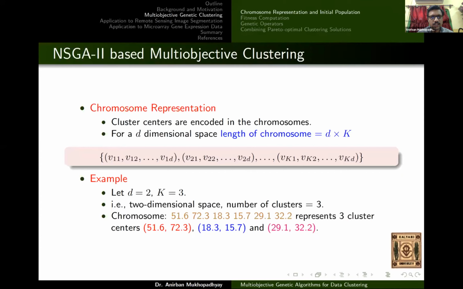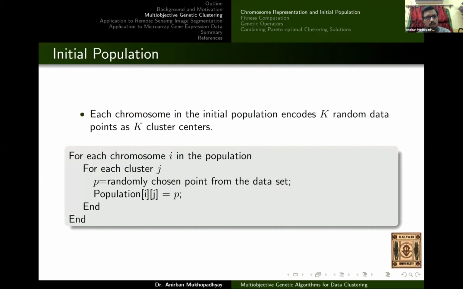So we initialize the population by picking up random points from the data set. If there are p number of initial solutions, that basically represents p different clustering solutions randomly picked up or randomly built from the data set. So that is the initial starting point, the initial population of solutions. The next step is to